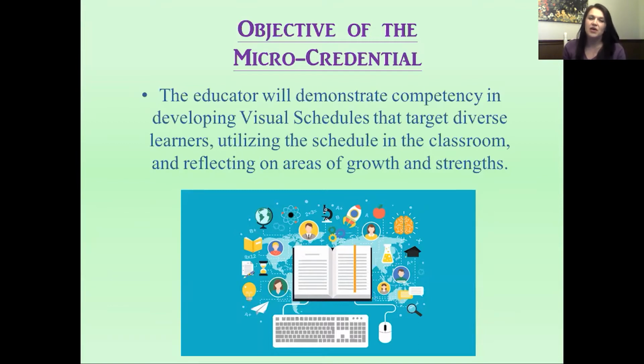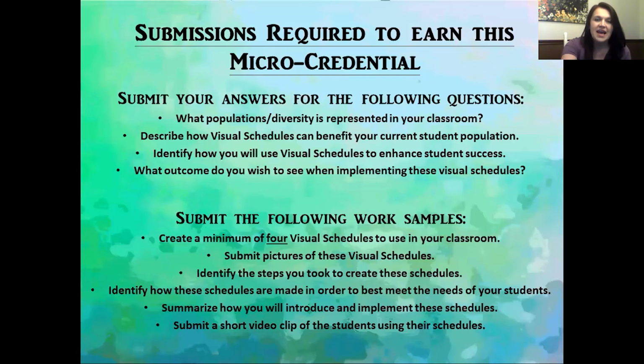There are tons of ways to make visual schedules. But the thing with this micro-credential, in order to earn competency, it's how to develop those visual schedules. So you're going to figure out where your students are, what you need to do to meet their needs, what they need for you to do to meet their needs. And then you're going to develop your visual schedules based on that. We guide you through exactly what to do and give you some research of why to do it. And then the rest is on you as far as that goes. And so you're going to research, you're going to determine what my students need, why they need it, and what I'm going to do to allow them to utilize that.